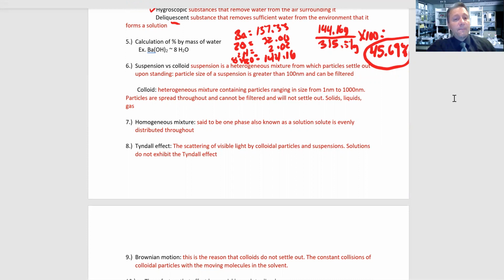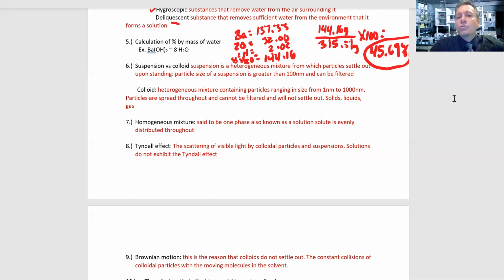It could be oil and water. It'll just form layers. So it is said to be 2 or more distinct phases. So one thing to remember, particle size of suspension is greater than